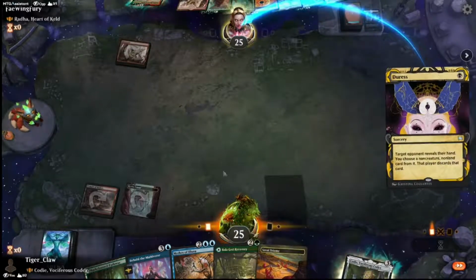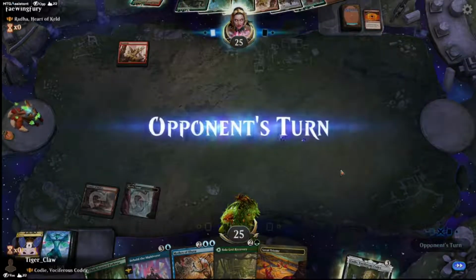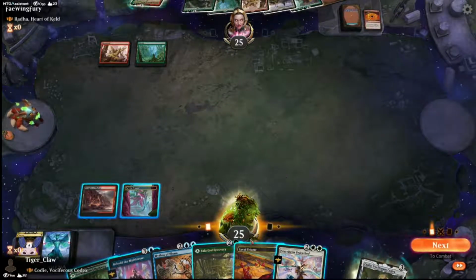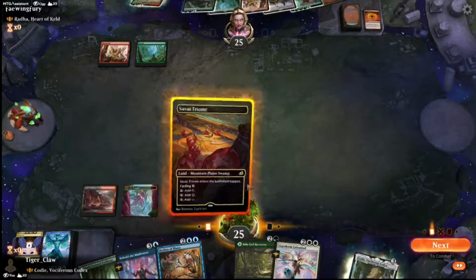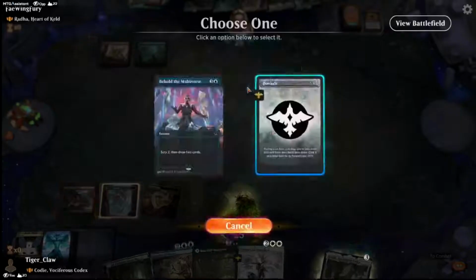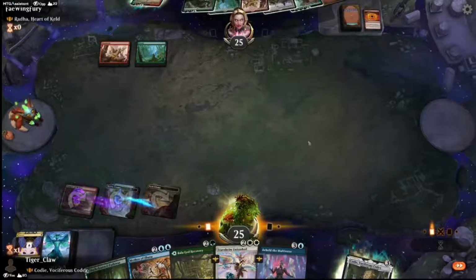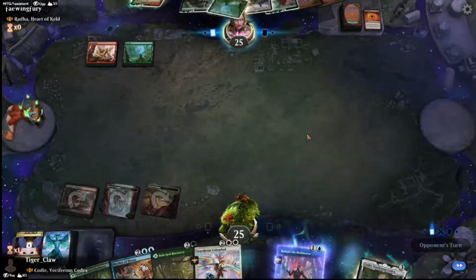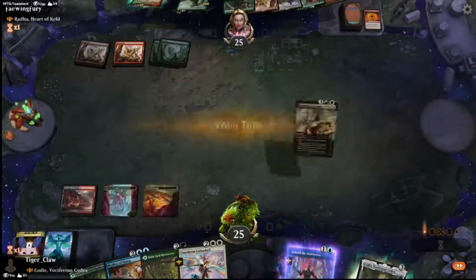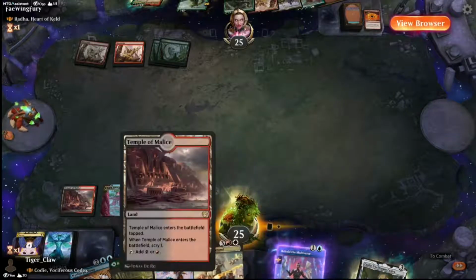I think the Triomes and the Scrylands are good. Ooh. It's just, they're slow. They are slow. I think we Triome into Multiverse. Yeah. Here comes Beanstalk Giant. Let's do this. We got lots of